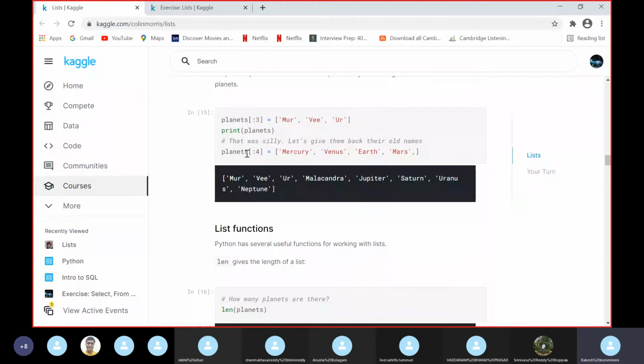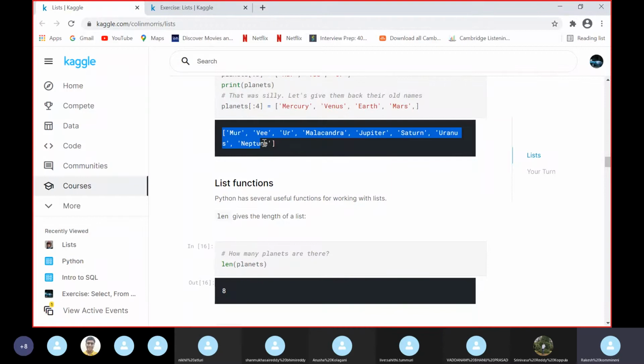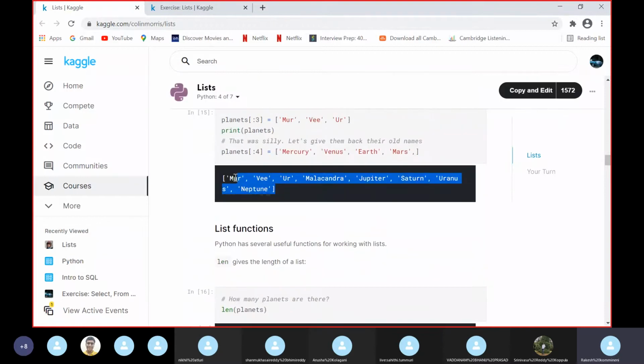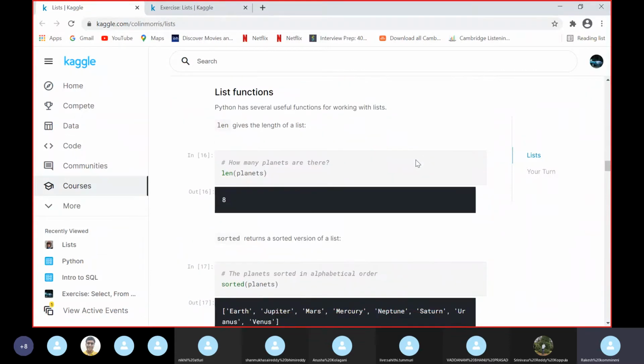And again they printed the modified list here. So this is the modified list we can see here. And again here you have changed the name of the first one.